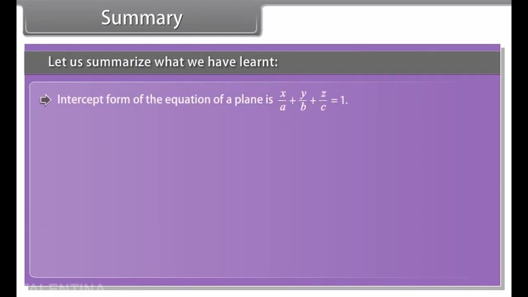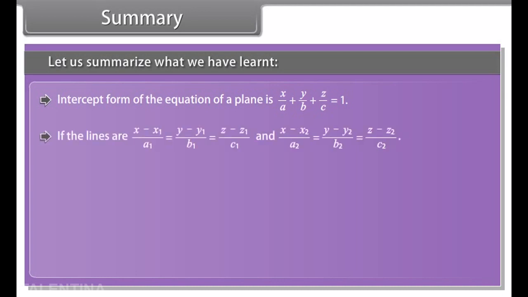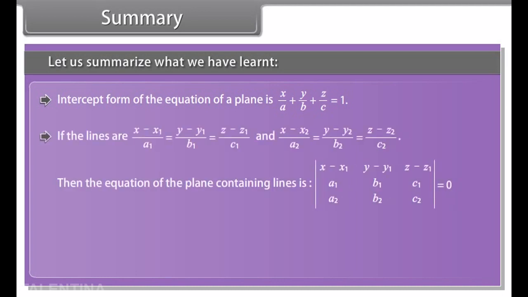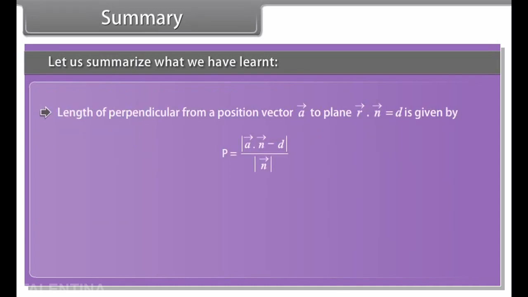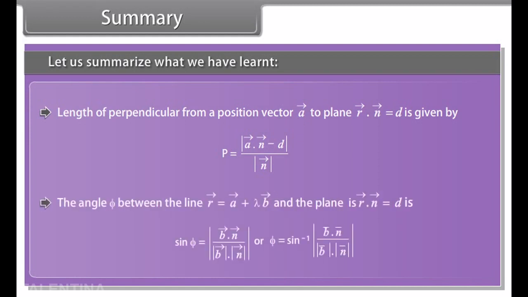Intercept form of the equation of a plane is as follows. If the lines are given, then the equation of the plane containing the lines is as follows. If theta is the angle between two planes, then theta can be written as follows. The length of the perpendicular from a position vector A to a plane is given by the following. The angle phi between the line and the plane is,